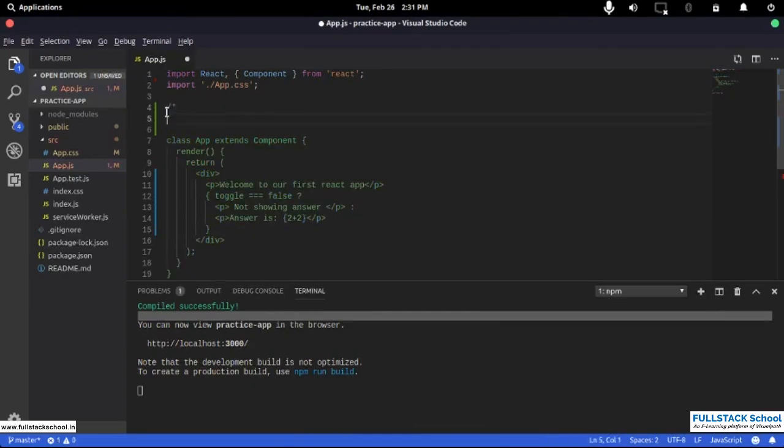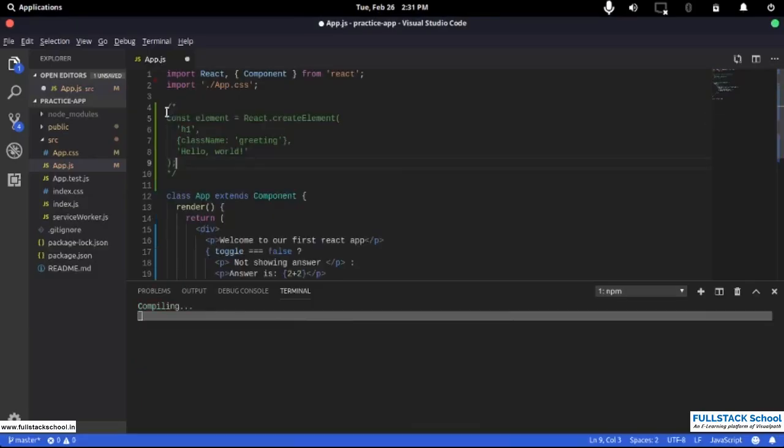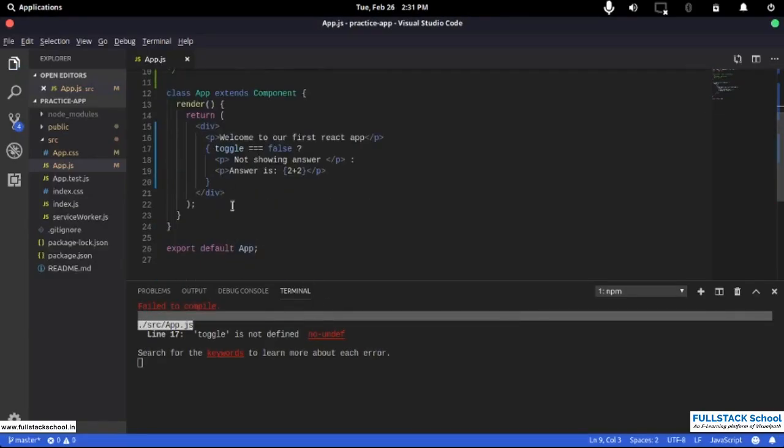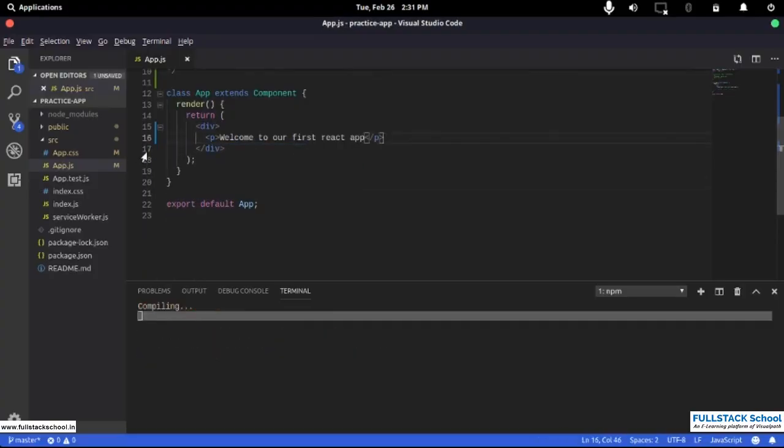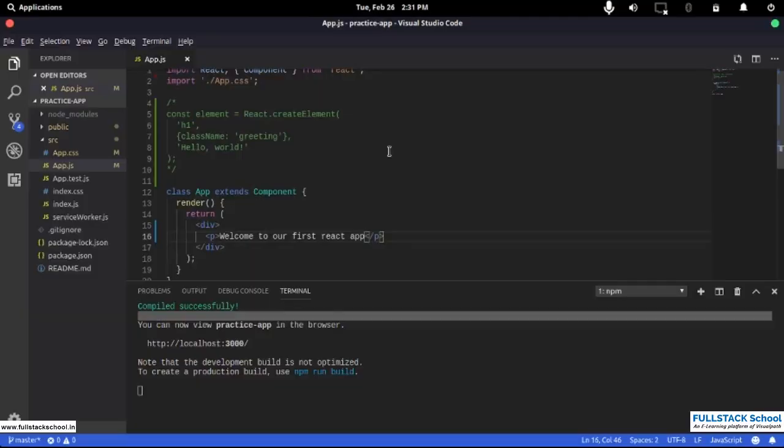But before that, I'm just going to comment this whole thing out because I don't want any errors to happen. Now I'll save this, and it tells me that I don't have toggle because I just deleted it, and I'm going to delete this whole bit for now. Now let's talk about how React actually evaluates your JSX, and then we are going to look into something called passing parameters. Okay, so how React actually evaluates your JSX is,